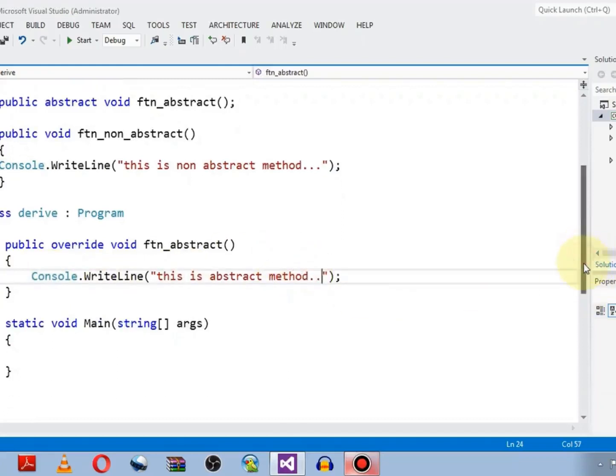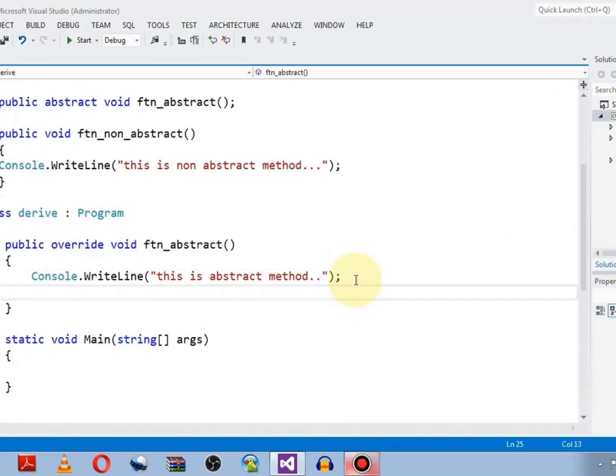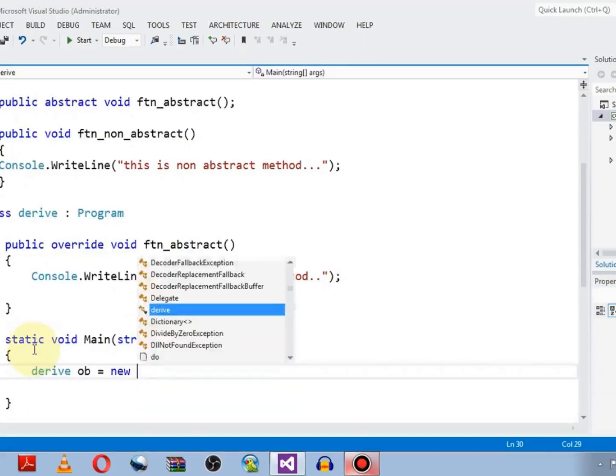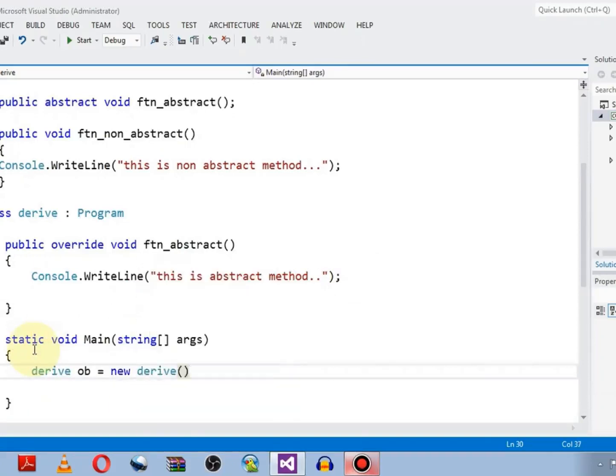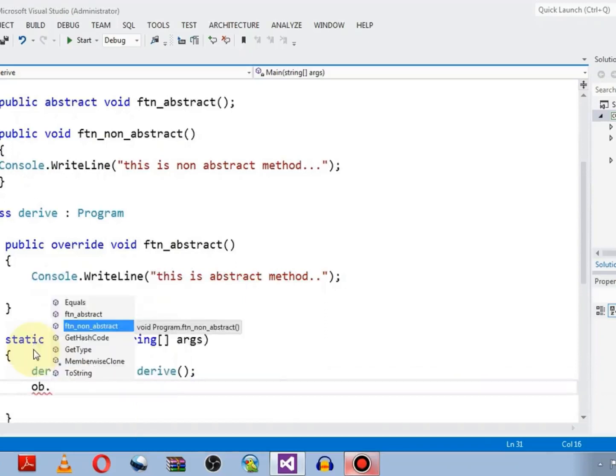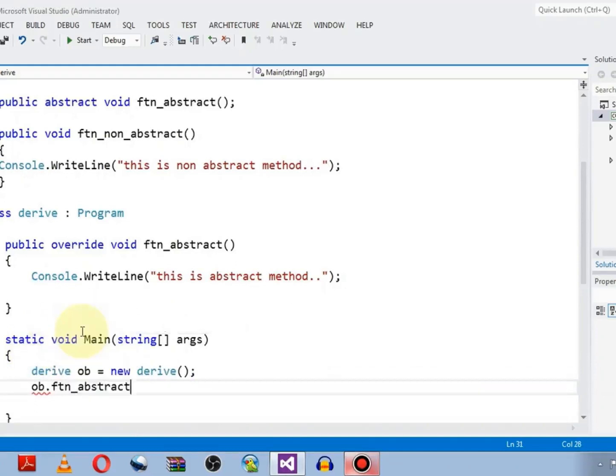After implementation of the abstract method, now we can also use the non-abstract method as well. So how? Let's see. First create the object of the child class, that is derive ob equals new. So ob dot, you can see, and within the IntelliSense we now have the abstract method and non-abstract method available, so we can use both of them.